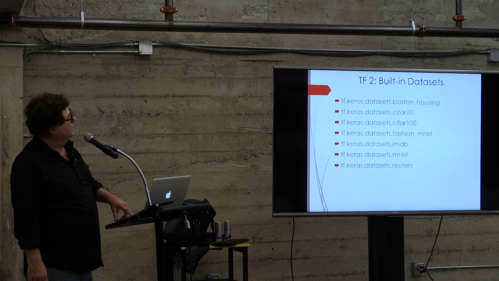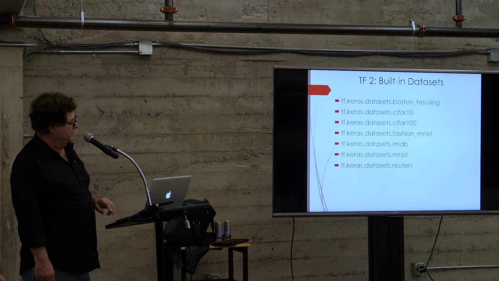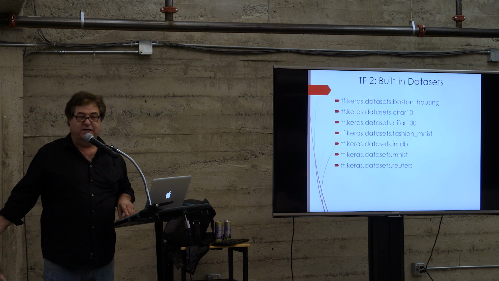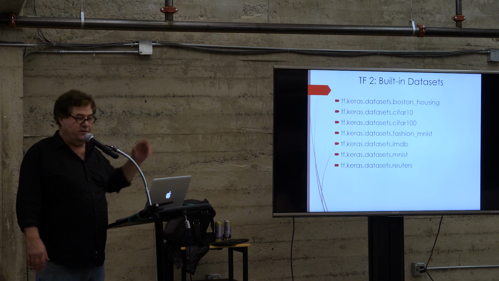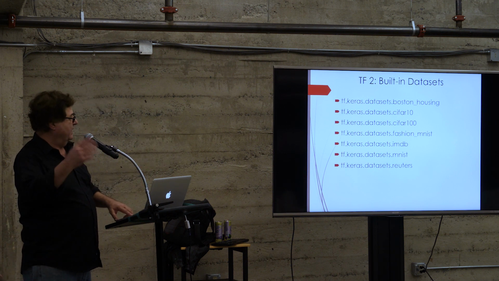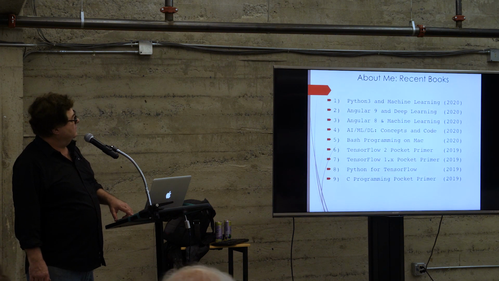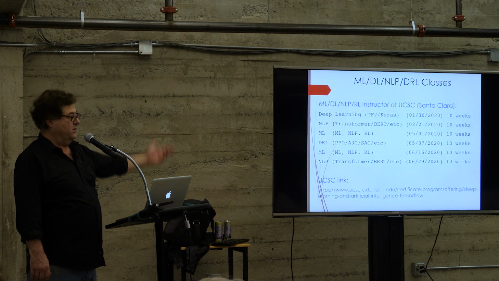And so this is the list of data sets that are built in. Notice MNIST is at the bottom. But there's things like Reuters, there's the fashion MNIST. People got tired of the MNIST data set with digits. They came out with this other one. And IMDb is another good one. And so, oh, just some books. I'll skip this one and this one. That's the one I wanted you to see.